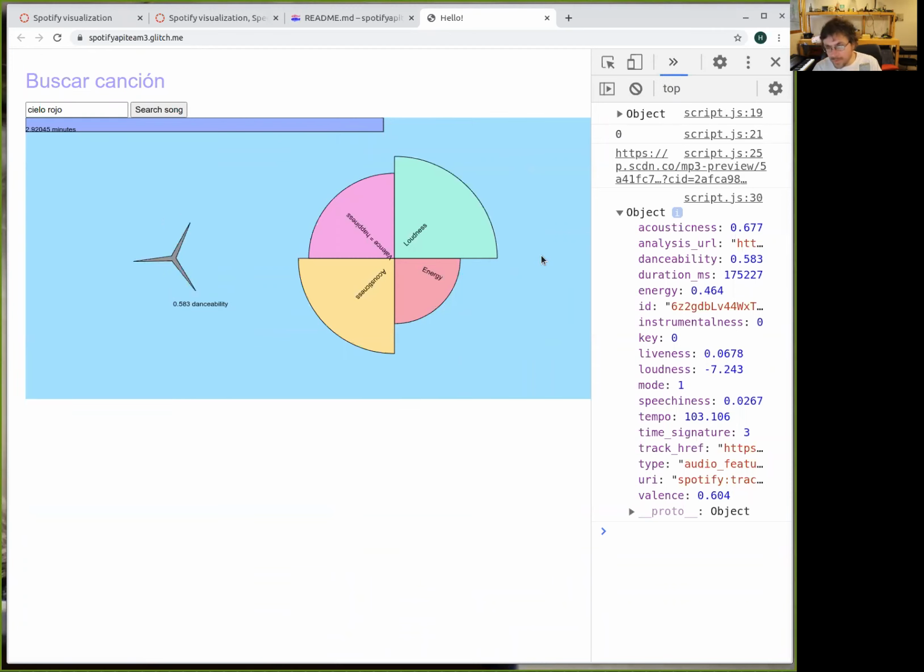But for example, now let's check for energy. The one that is here is 0.5. If this is 0.5, I would imagine that if the energy would be 1, it would be the full height of the square, right? Does that make sense? Team number 3, Team Dinamita, did you get it?